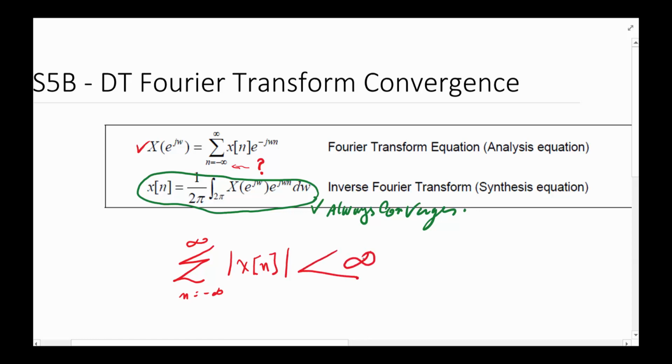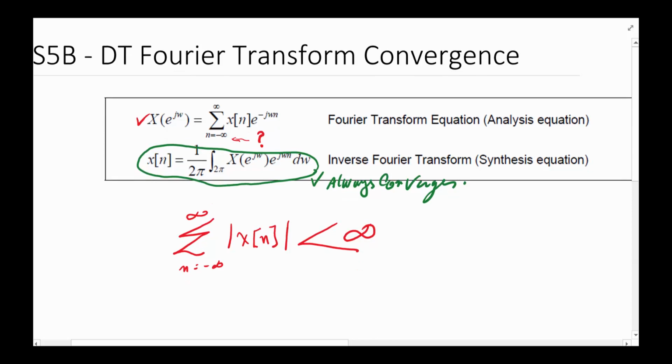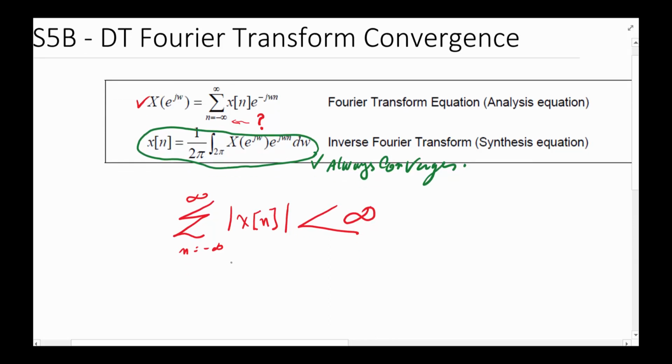Another way to think about this is that we need the energy, which would be the square of this, to be finite. So let's look at this and ask, is this absolutely summable? In other words, is it less than infinity? If it is, if true, it converges, so we can go on and take a Fourier transform. If not, it doesn't converge,